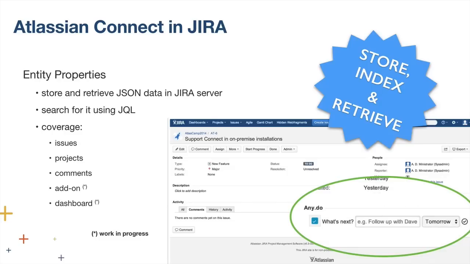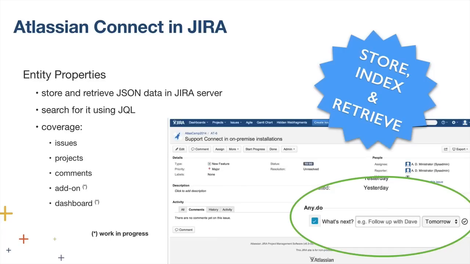And the last thing which lets you integrate add-on and the JIRA server are entity properties, and they basically allow you to store any arbitrary JSON against some JIRA entities.